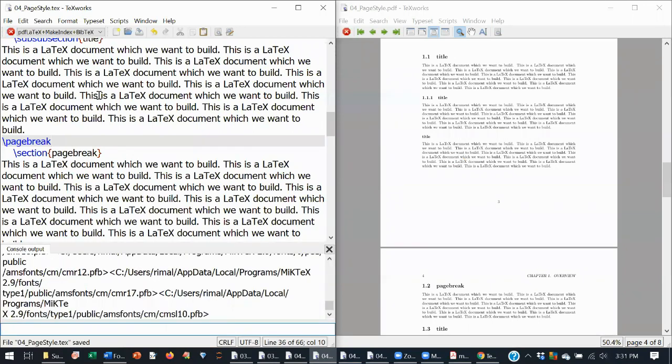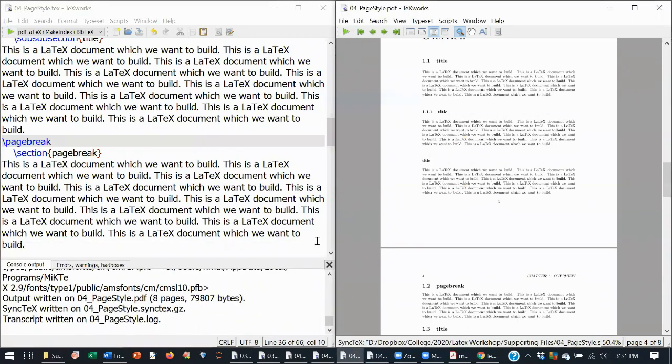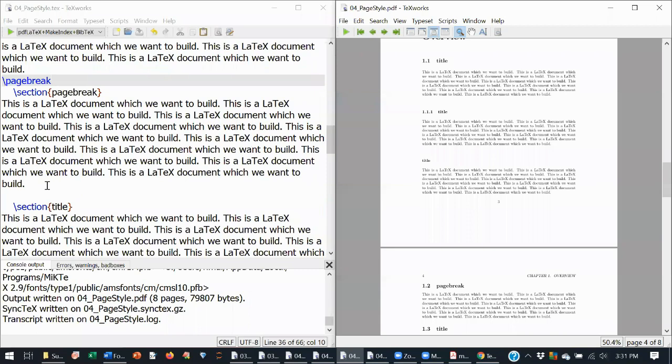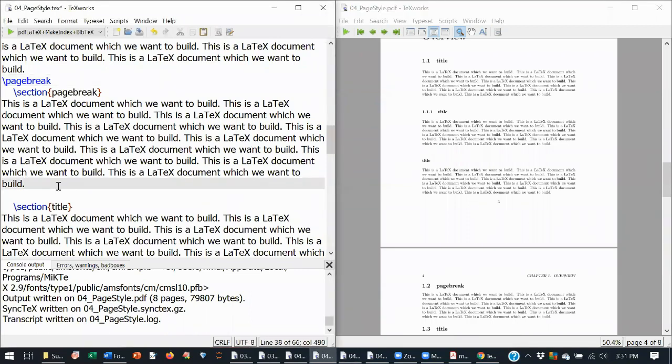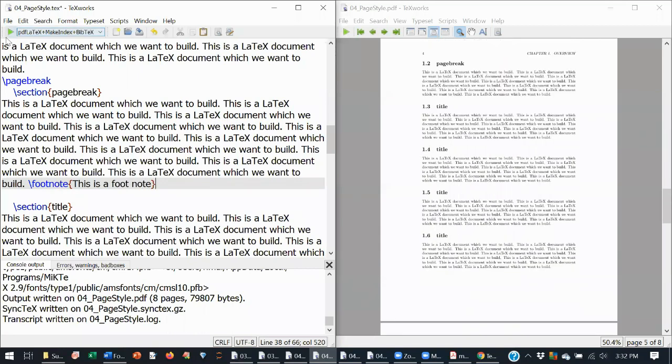Okay. So next you will see this footnote. When some people are writing a document, they put some references or other important information in the footnote region. If you want to create a footnote, you can type /footnote, then open bracket, type the content that should come in the footnote, and then come back. So we'll see what happens.